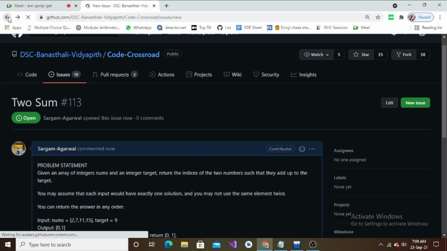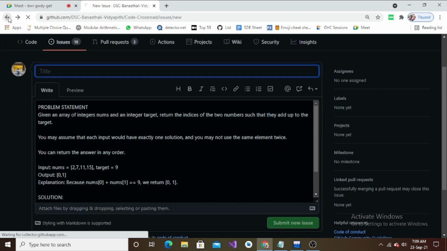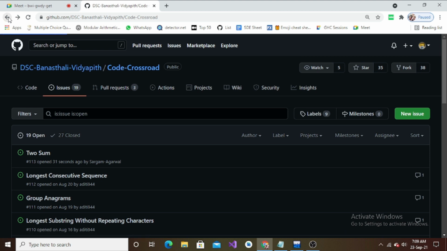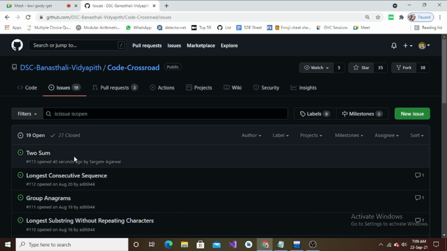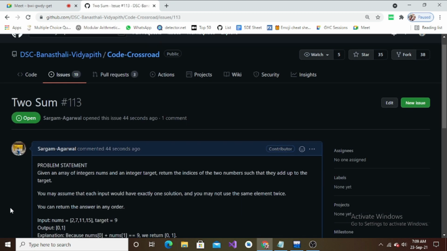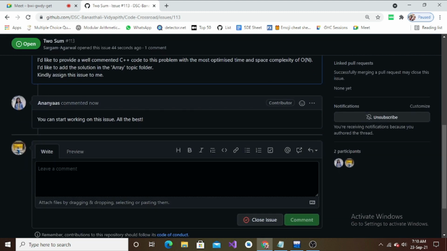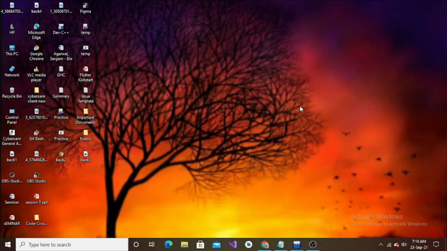So let's just see if we have been assigned the issue yet by the maintainer. Just keep refreshing, okay, because it doesn't automatically incorporate the changes. So let's see if we are assigned. Okay, so you can see that we have been assigned this issue, so now we can start working on this issue, right? Okay, great. So now what we have to do is get back to your project, right?